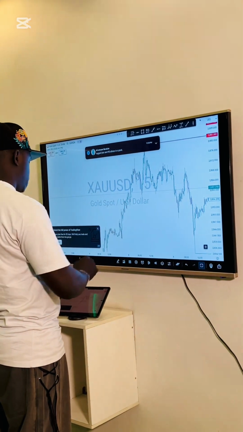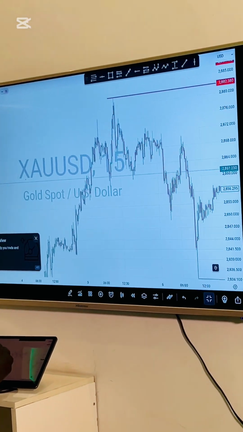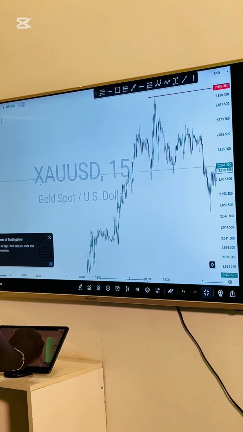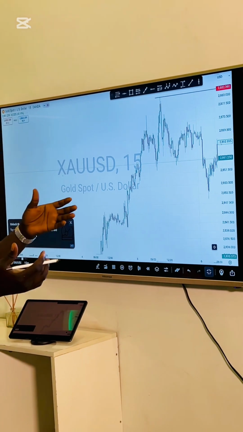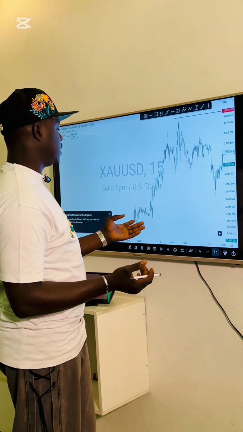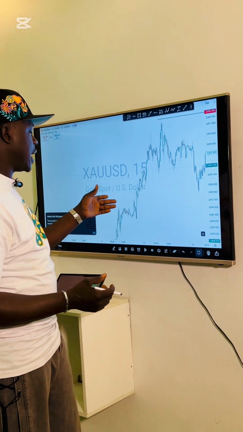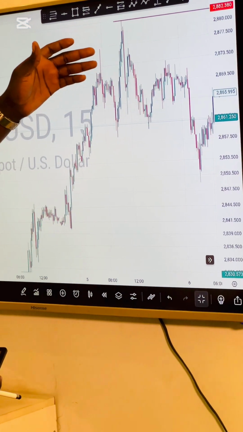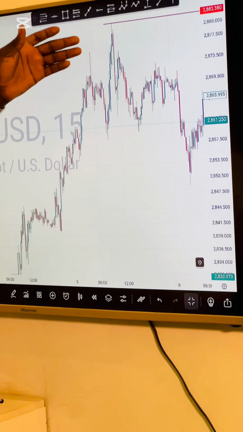So when I come back to my 15-minute time frame, I try to see, okay, what the problem is. Okay, this is the problem. We have a higher high and a higher low, higher high, higher low. Price keeps going that way. And also here, higher high and